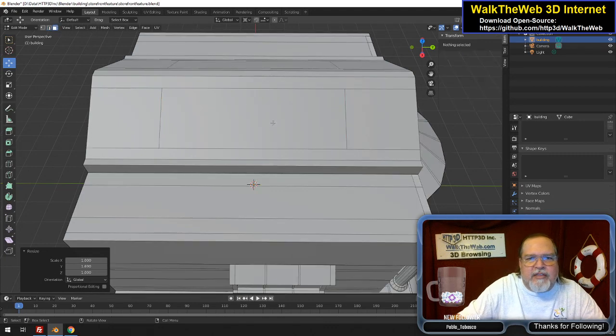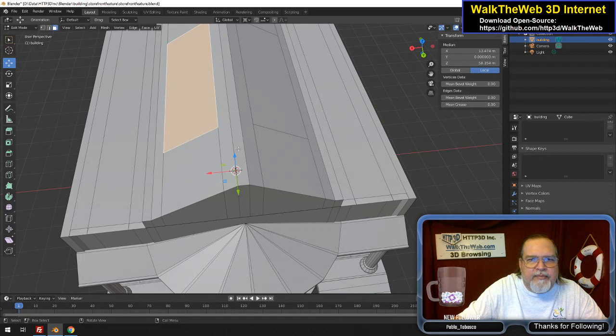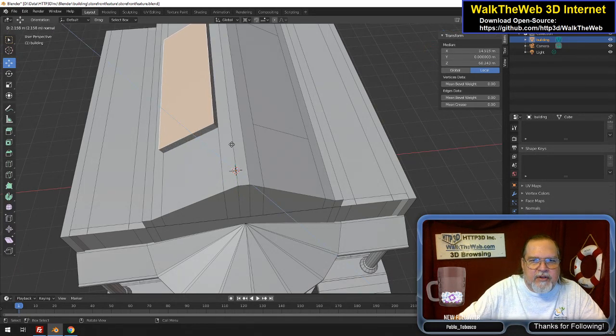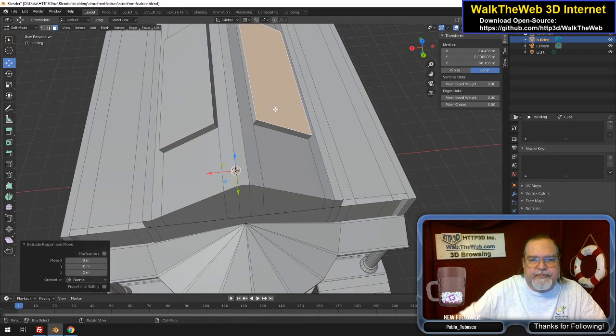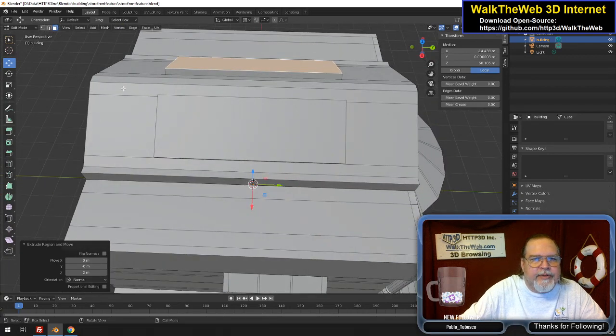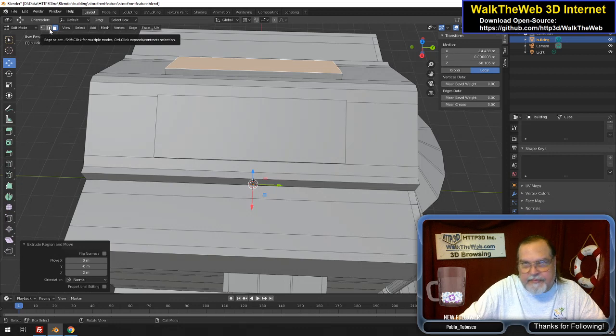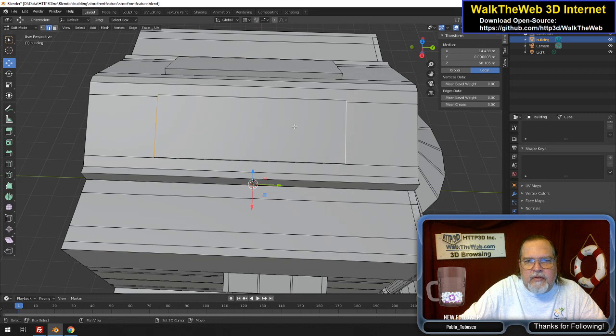Okay, I think the best way to do this is this. We need to take this and extrude it this direction, like 2. Extrude 2. Now that we have that piece outward, if I take this and this,